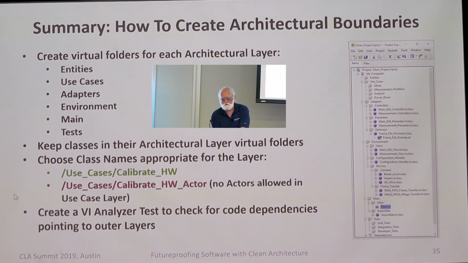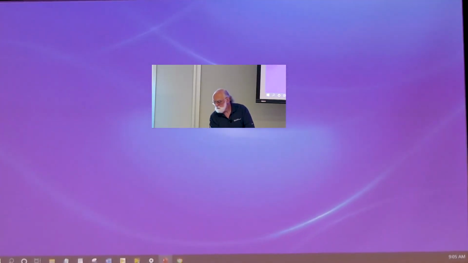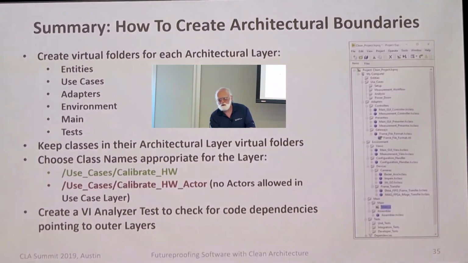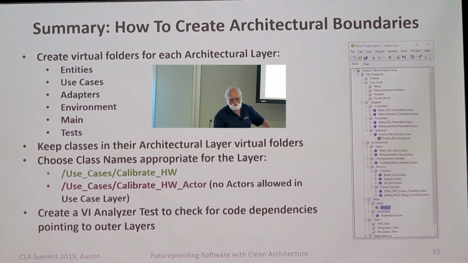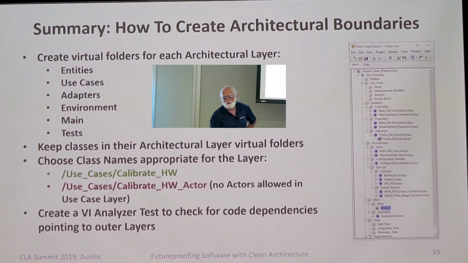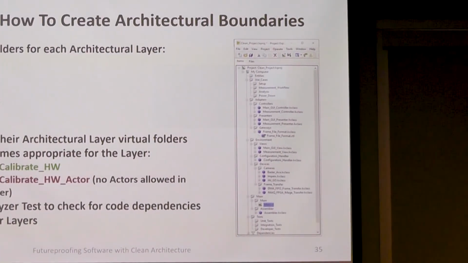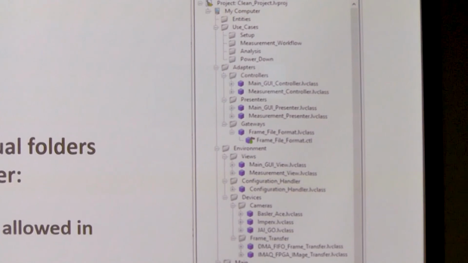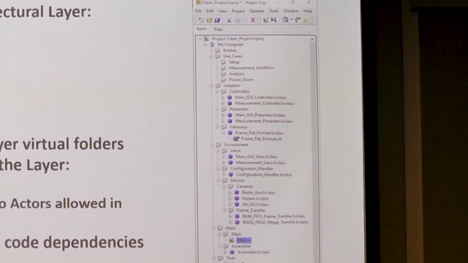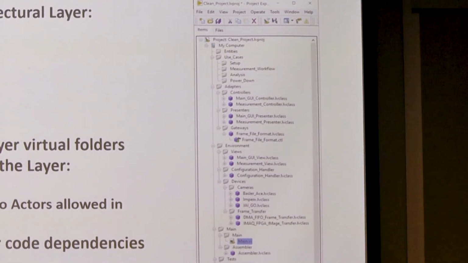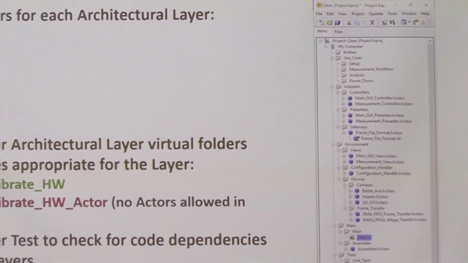You create virtual folders for each of the architectural layers, and you put classes in the appropriate layers. That is an easy thing. And if you obey certain naming conventions,